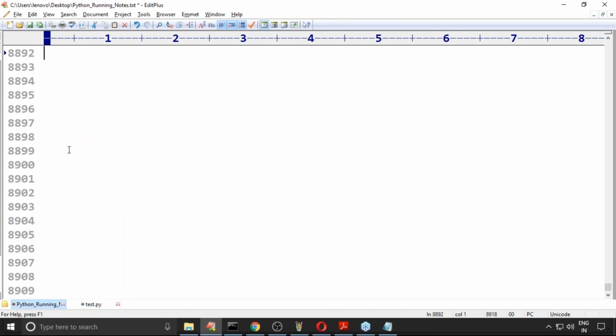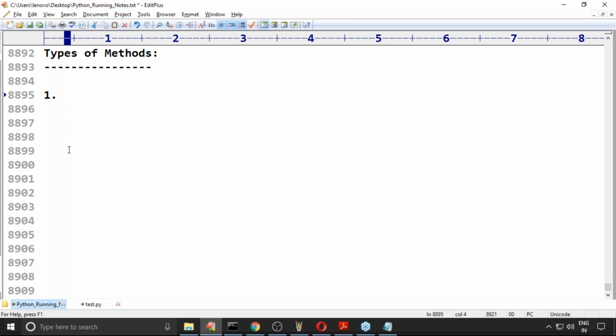Now let me talk about types of methods. How many types of methods are there? Have you remembered, right? There are three types of methods possible. Anyone, can you please tell?